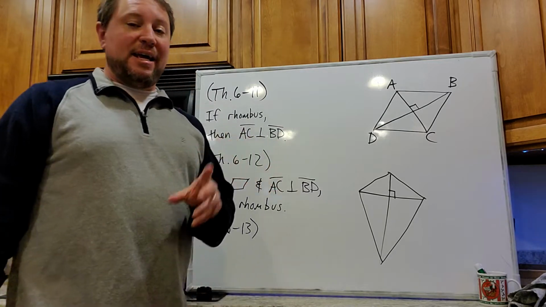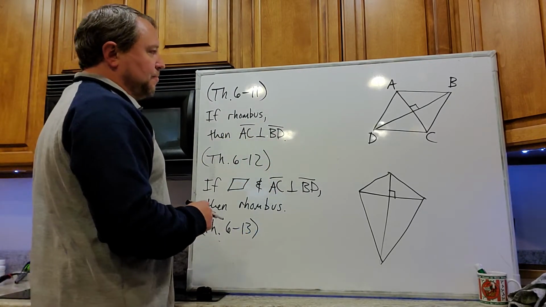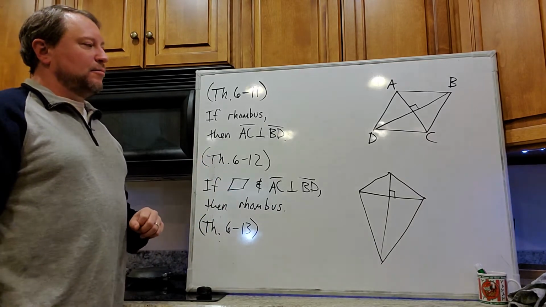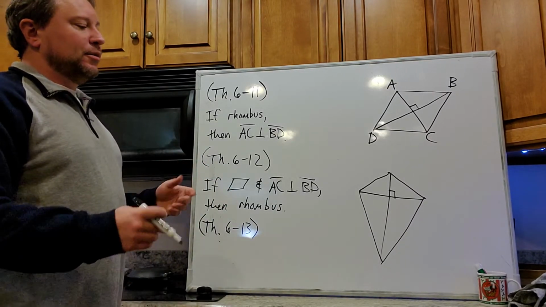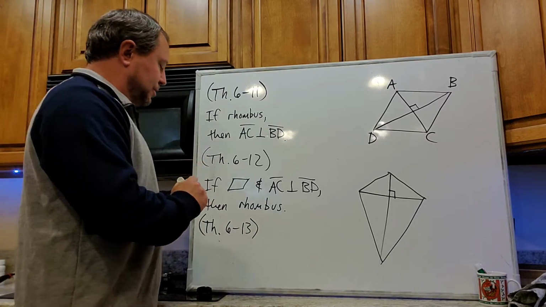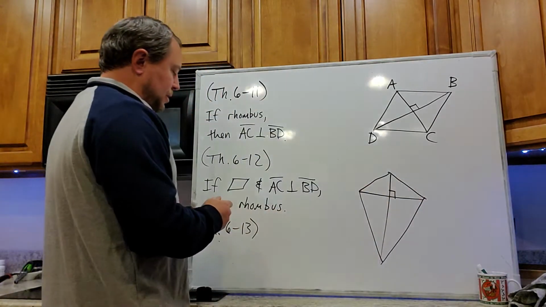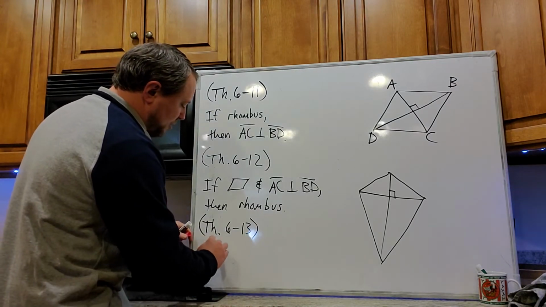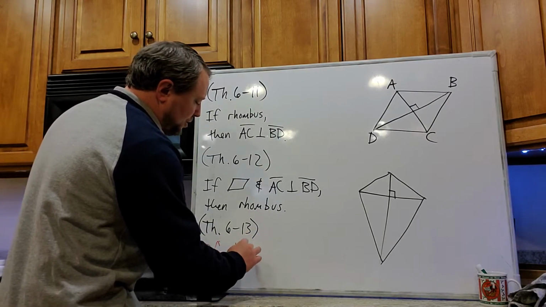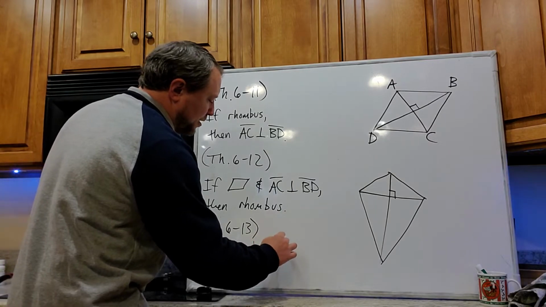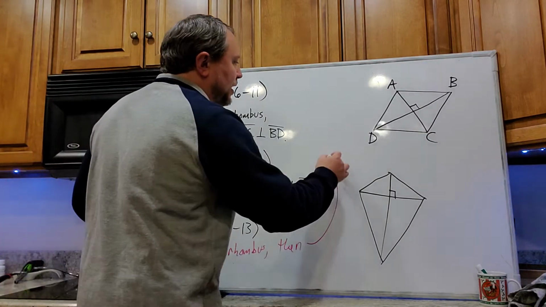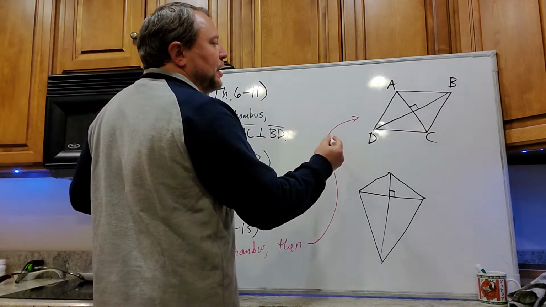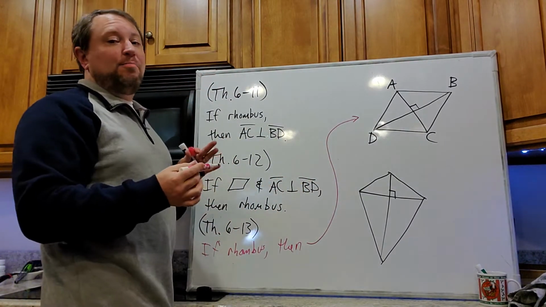of opposite angles. Okay, so this one, it's kind of hard to give you a short caveman talk version of this one, but here's all it's really saying, according to theorem 6.13: if that's a rhombus, here we'll start out with, if rhombus, then, and I'm just going to write these thens in this pink color, then it bisects,